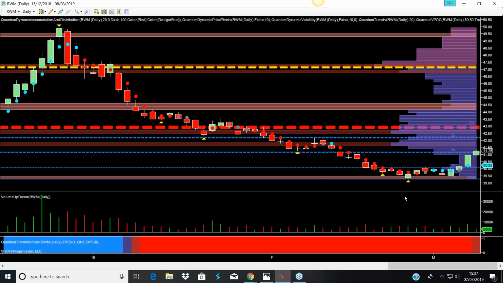This is inverse to the Russell, and it's not a leveraged one. And it's quite an interesting way of, if you like, confirming what you can actually see on the Russell itself. So basically, as the Russell rises, this will fall. And ETFs are used for all sorts of reasons. They're used for hedging, to cover exposure, as it were. So I don't know, there's all sorts of different tactics that people use with ETFs. But as I said, this is a perfect inverse of what you see on the IWM. This is the RWM, and you've got the reverse, because as the Russell rises, this actually falls.